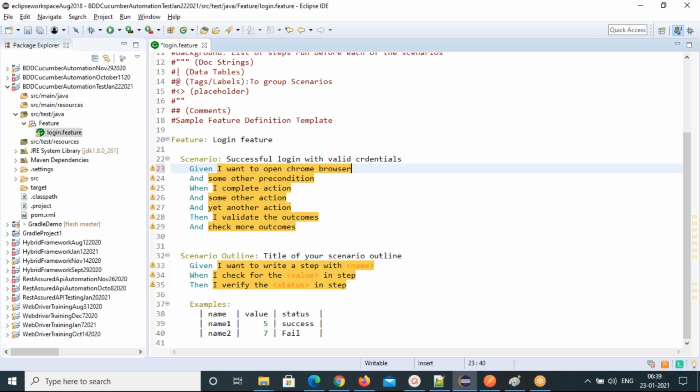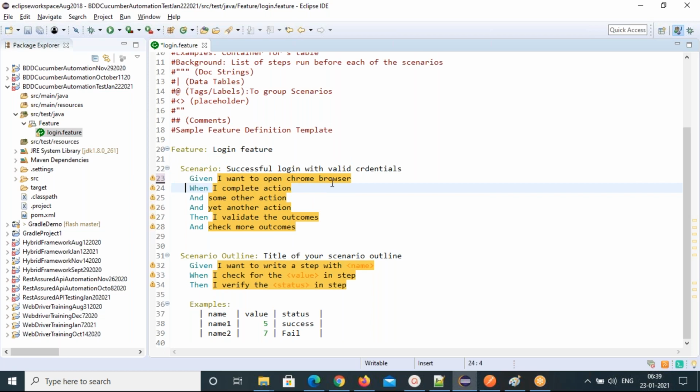Then second step, I don't have any second precondition here, so I'm removing this. Next, when user opens URL, to give the URL. So what is the URL?